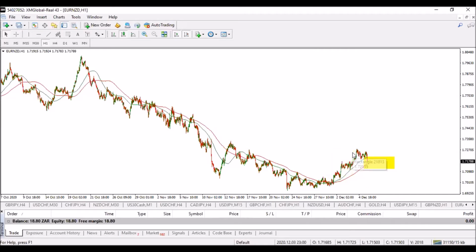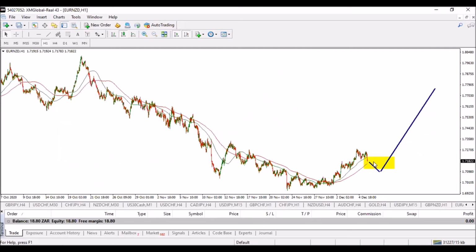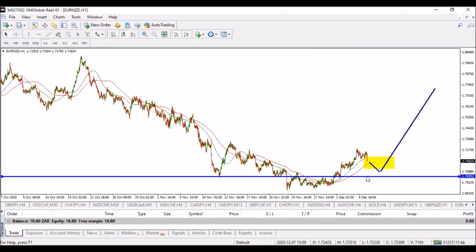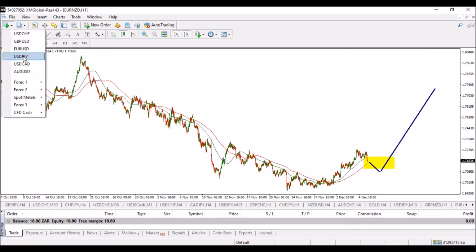So yeah, for that one. This is an uptrend, but it'll just want to play around here a bit before it decides to move up. You just have to be careful when you enter, know when to enter. I'll probably be looking at entering it somewhere. Yeah, I'll be entering it at about 1.70514, somewhere there, as long as it gives me a signal to go up.